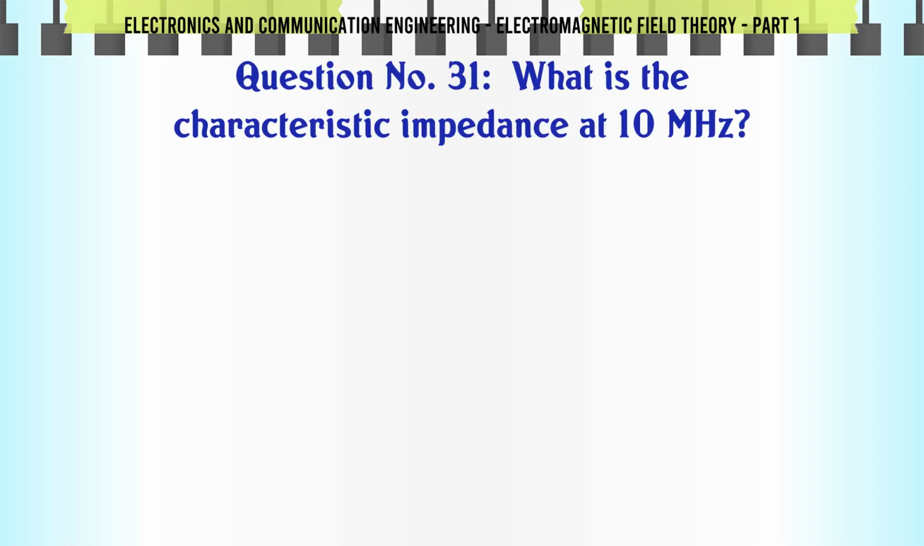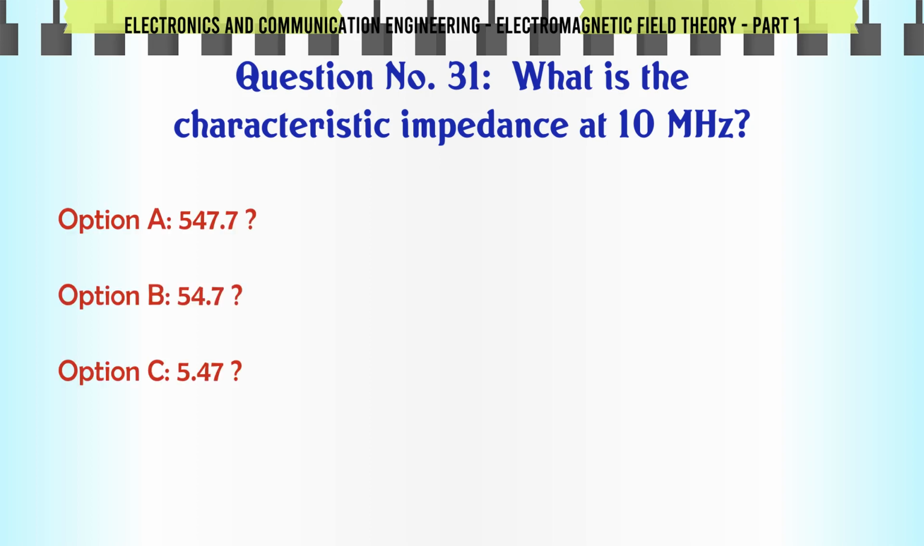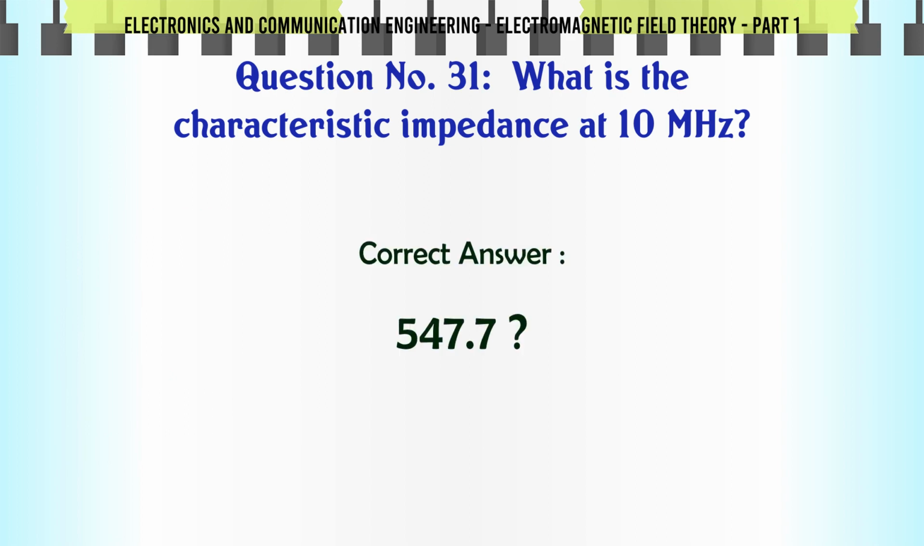What is the characteristic impedance at 10 MHz? A, 547.7; B, 54.7; C, 5.47; D, 547. The correct answer is